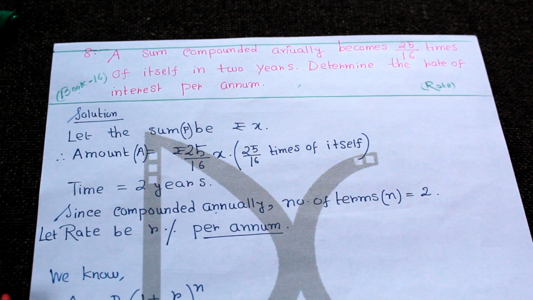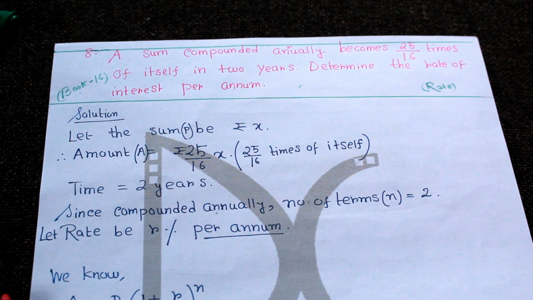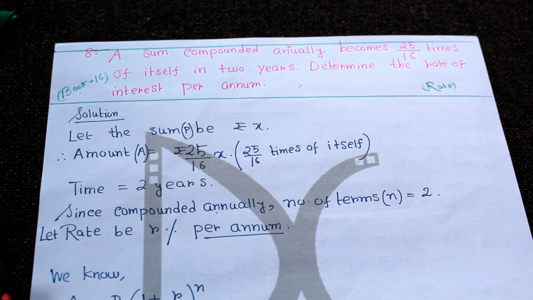Now see the question carefully. A sum compounded annually. See here you have not been given with this sum. No need of giving the sum, because here no specific amount is also given. Okay, we will consider the sum to be something and we will do. So this is a specific type of sum. These problems generally come in your examination. So be careful about it.